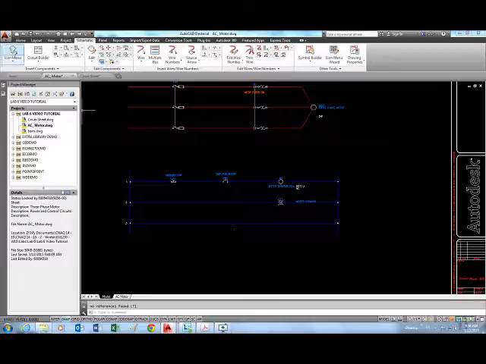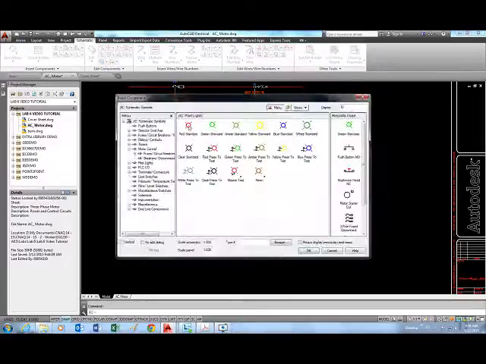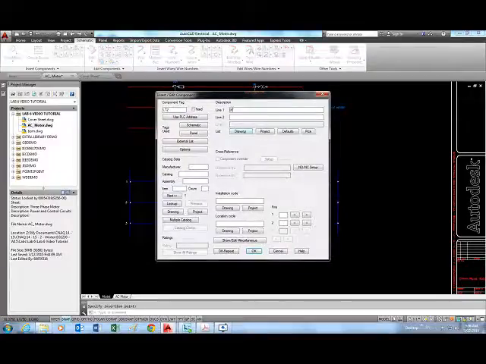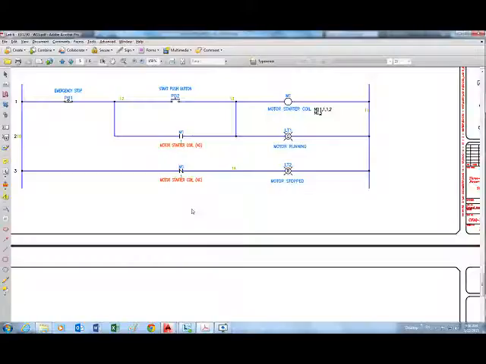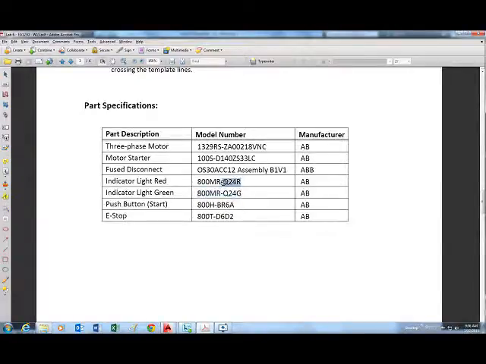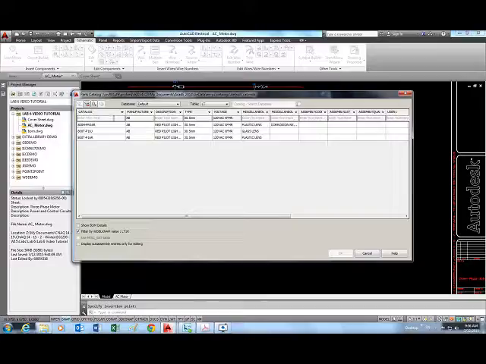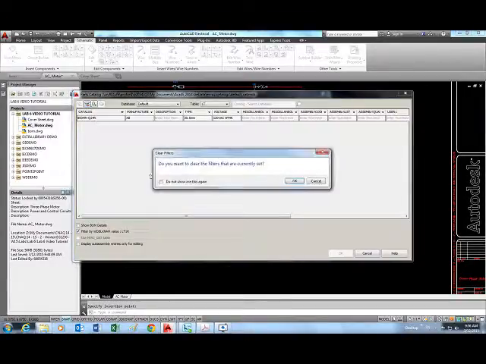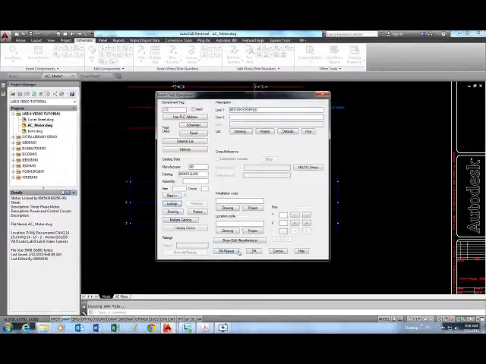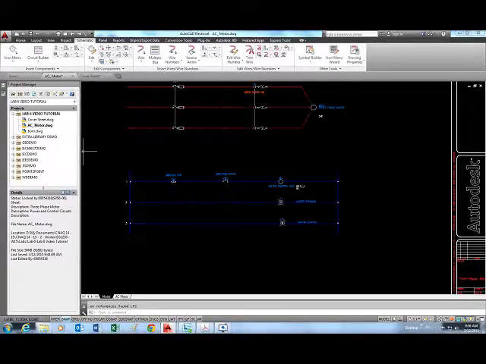Okay, and then the next pilot light is red, and then motor stopped. Okay, and the model number same as before, except with R at the end instead of G. Okay, clear the filter again, and there it is. Okay, now let's put, of course you notice sometimes they're not properly aligned, so it's easy